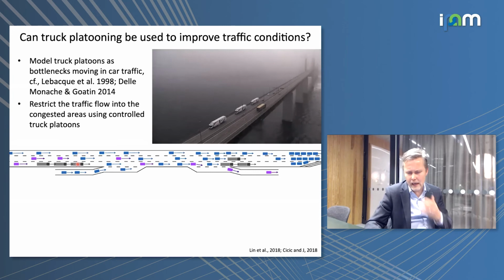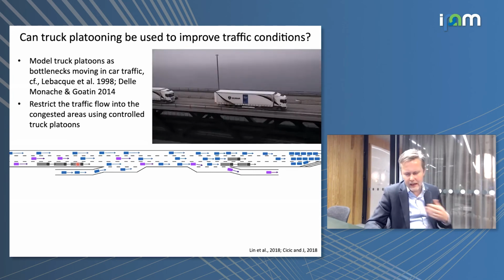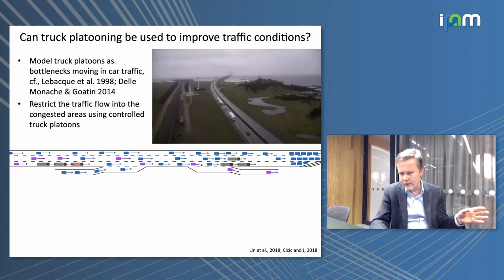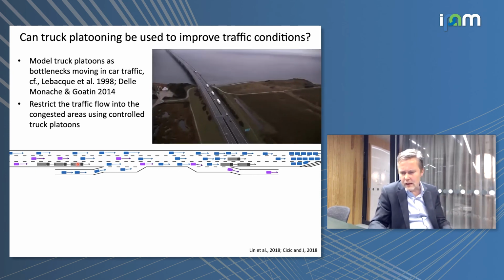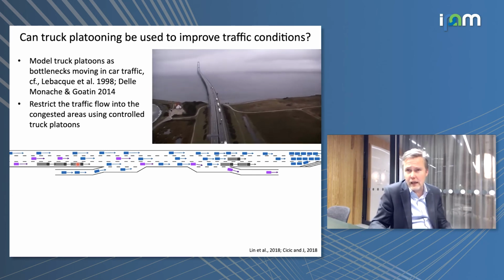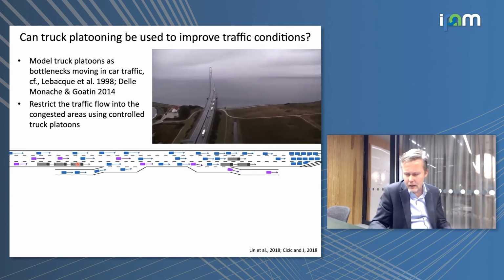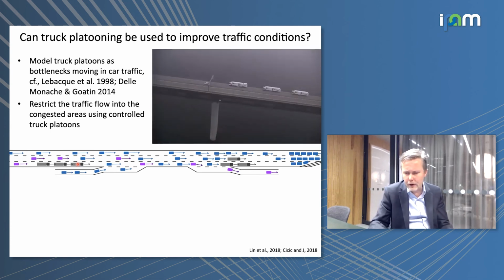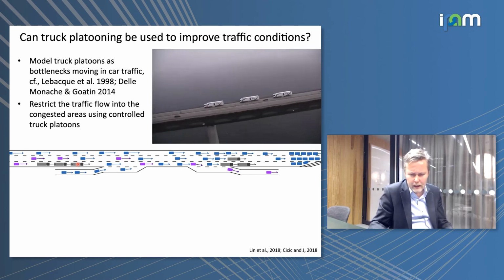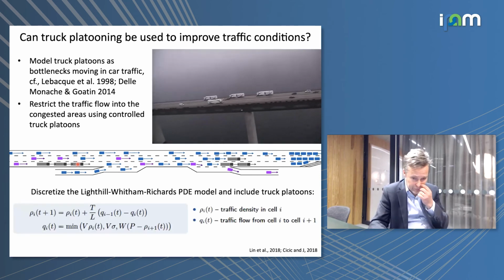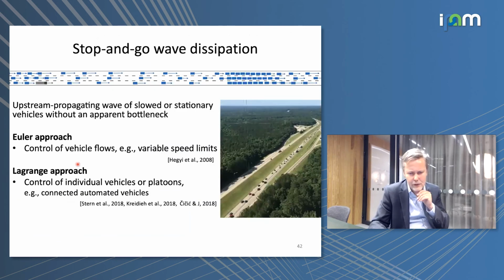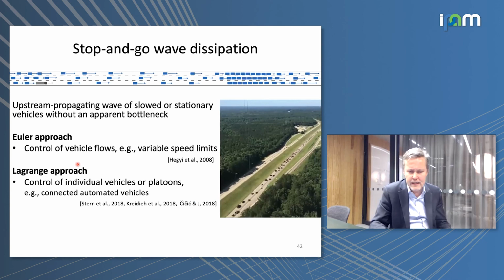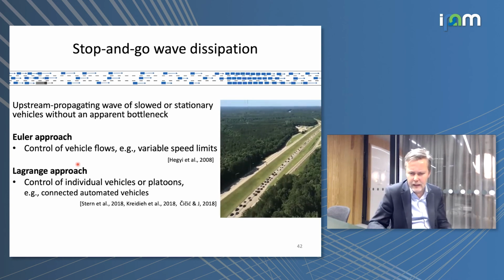So we have been studying this phenomenon now over the last couple of years with different types of models. With the Daganzo cell transmission model that I just showed you, we have also developed some queuing model for this, and we have also been doing some models with front tracking, front propagation models directly from the PDE. Here I will just give you some flavor of the type of results that we have come up with. So let's look at the stop-and-go wave